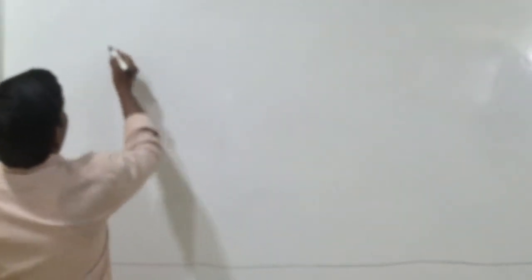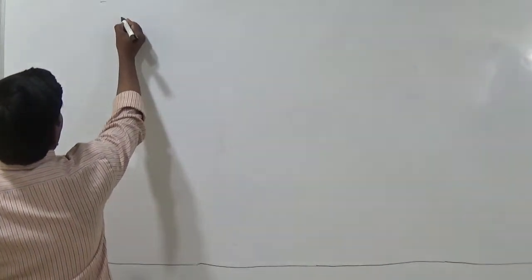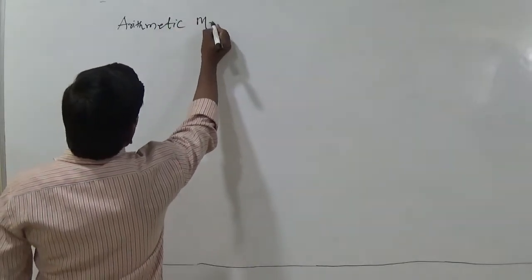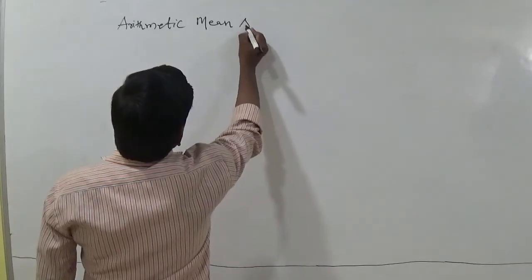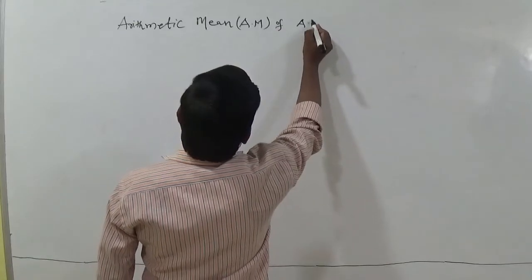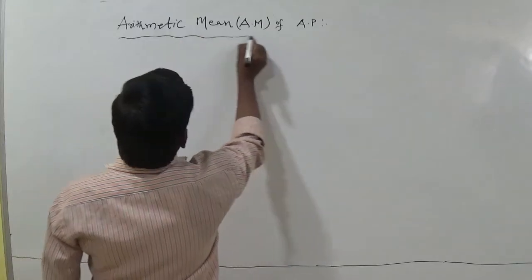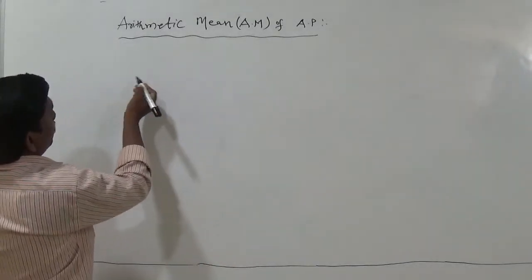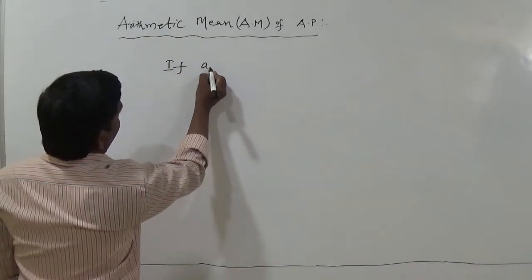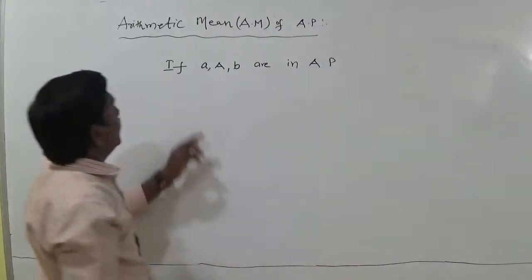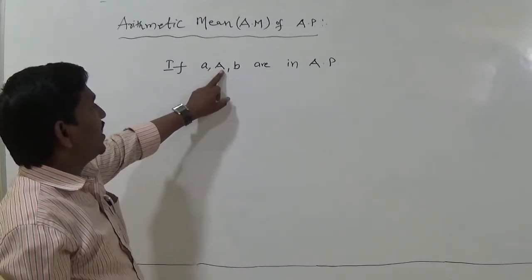Next topic is arithmetic mean of an AP. Arithmetic mean. For example, if a, A, b are in AP,